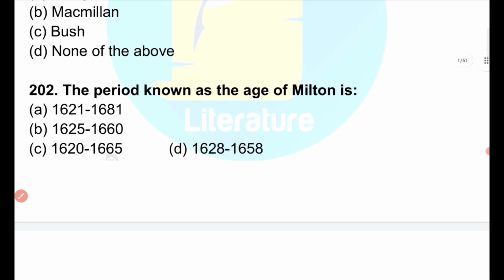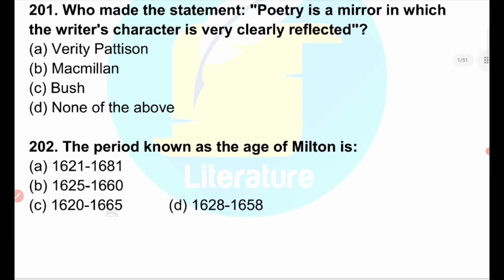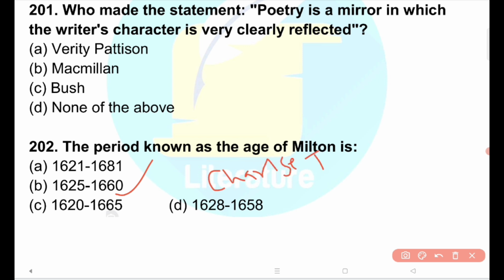The period known as the Age of Milton is option B, 1625 to 1660. The age of Milton, 1625 to 1660, corresponds to the Caroline and Puritan age, covering Charles I's reign, Charles I, 1625 to 49,